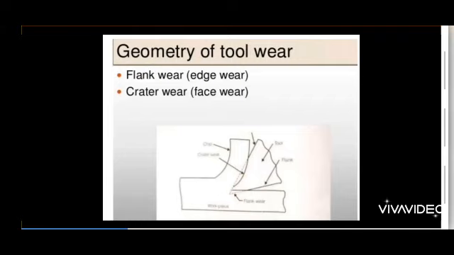After the wear out of the tool, the shape is changed. The geometry of the tool is changed. There is no cutting edge at all; it will become flat. If that happens, further machining is not possible, so the edge has to be sharp in order to remove the material from the work.